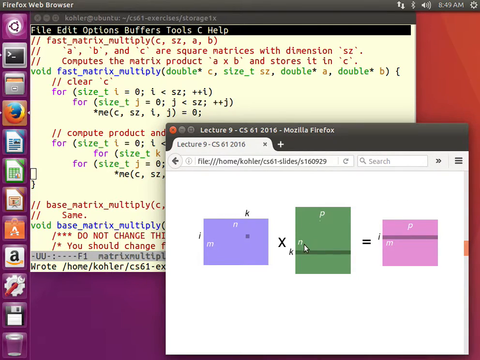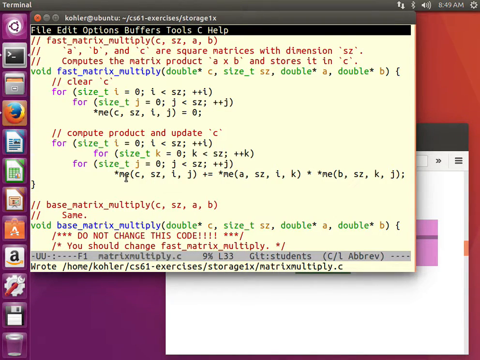We access every j index in the B matrix, the right-hand operand, j equals 0 through j equals n. However, for the A matrix, we access only a single point, the point at i, k. That's the left-hand operand. You can see this if we look at these arguments. j is the innermost index.